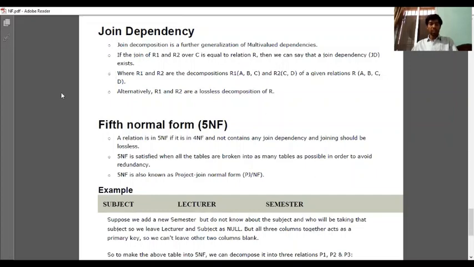Alternatively, R1 and R2 are a lossless decomposition of R. So it is the concept of join dependency that if any relation R is decomposed into two relations R1 and R2, and when we join R1 and R2 over C it is equal to relation R, then join dependency exists.